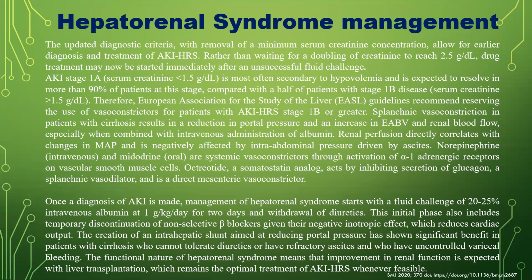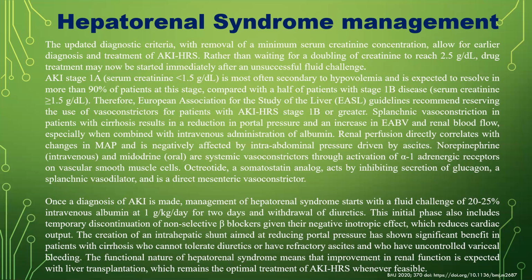Renal perfusion directly correlates with the changes and is negatively affected by intra-abdominal pressure driven by ascites. Norepinephrine intravenously and midodrine orally are systemic vasoconstrictors that act through the activation of alpha-1 adrenergic receptors of vascular smooth muscle cells. Octreotide is a somatostatin analog, acts by inhibiting secretion of glucagon and other splanchnic vasodilators, and is a direct mesenteric